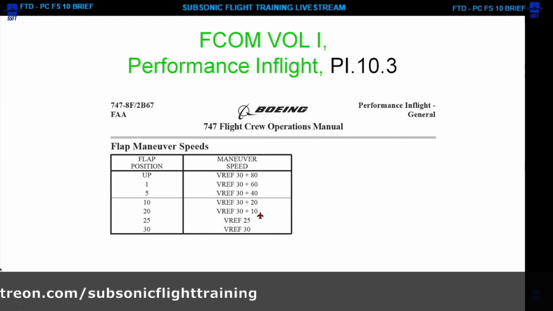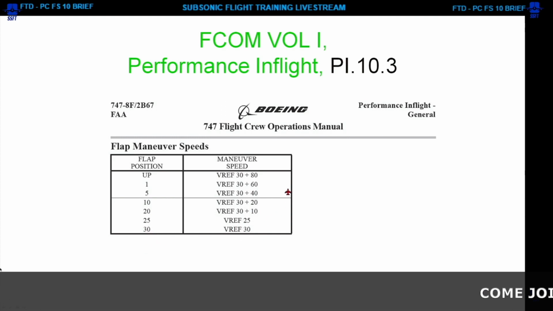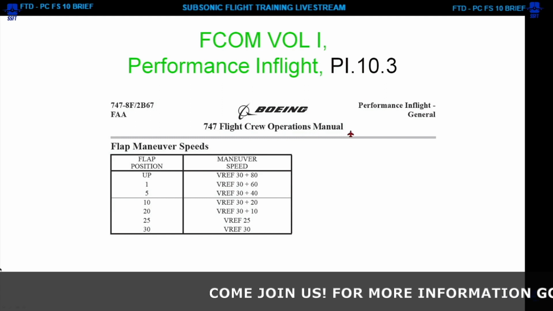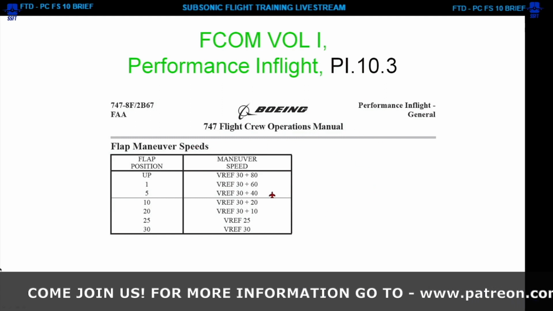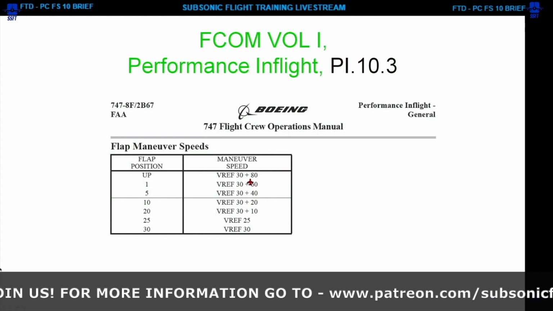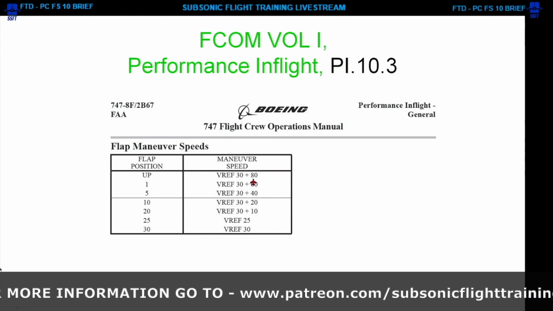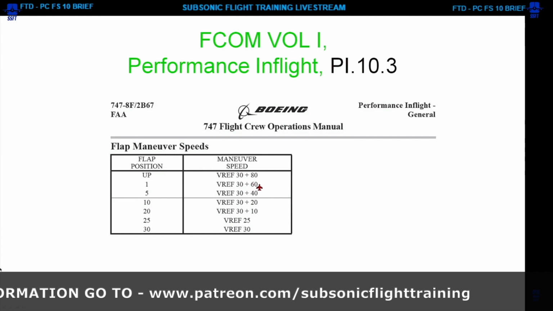Flap 20 is plus 10, and then you got your VREF 25 or VREF 30 speed if we landed at flap 30 or 25. So it's kind of easy here to remember this, but there is a chart generally in the performance section for the flap maneuver speeds. So we could take that 149 and then add 80 to it, and that would be 229. And then go down 10 knots,